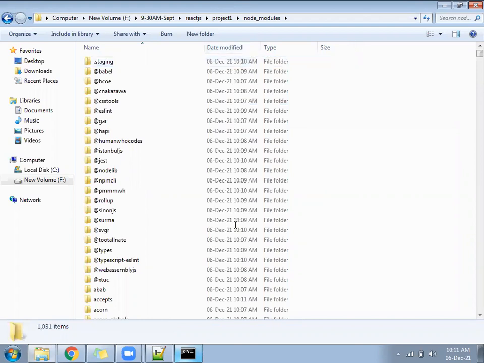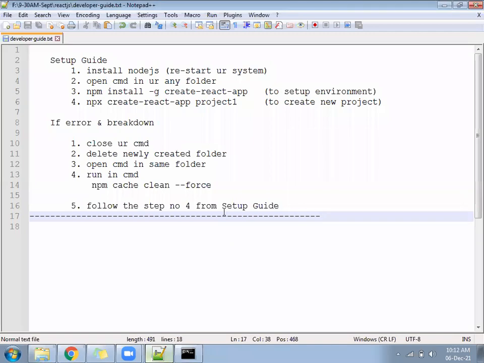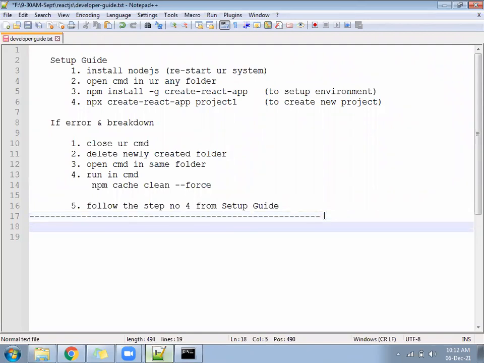Okay, let it go. By then, come to your developer guide. In the developer guide, we have to make some notes. Directly, you cannot go and start writing the code. Let the project set up. We will run the server. We will see how the code looks, where the code is, and how it is coming in the browser. Okay, and then we will understand the first formula. Like before writing a sentence or a word, suppose you are going to write a word somewhere, we need to know the ABCD.